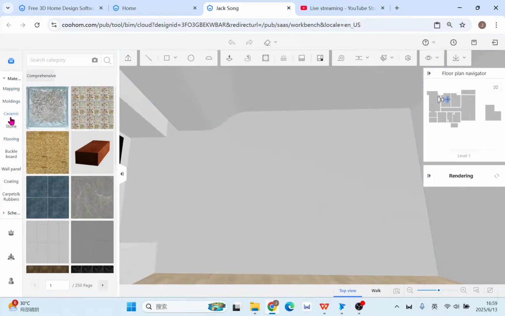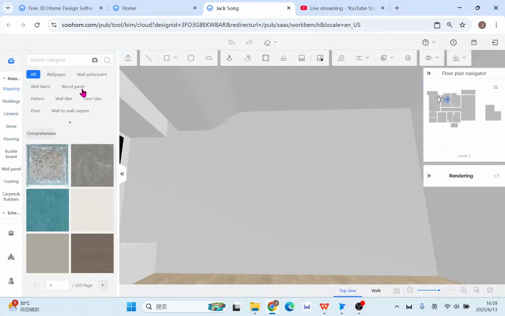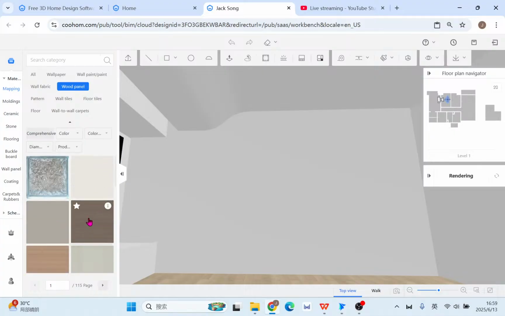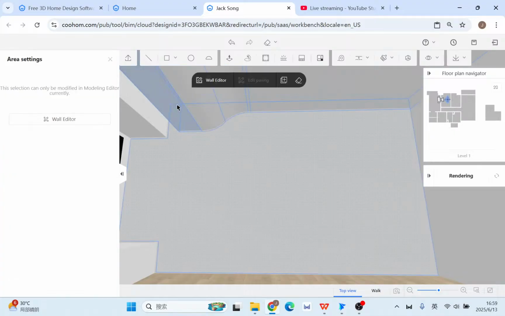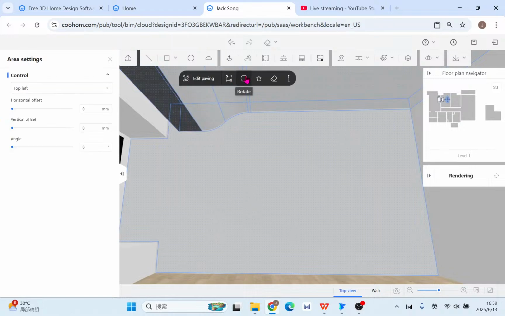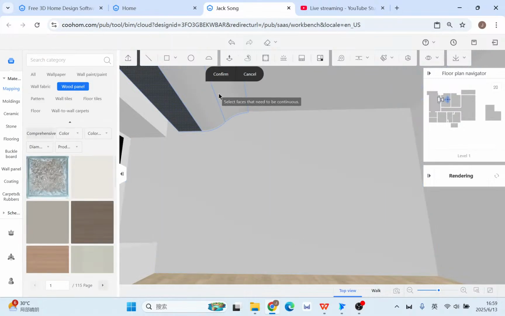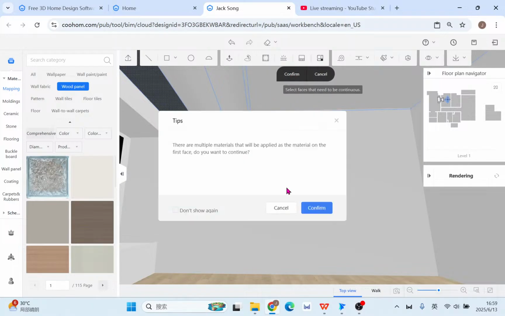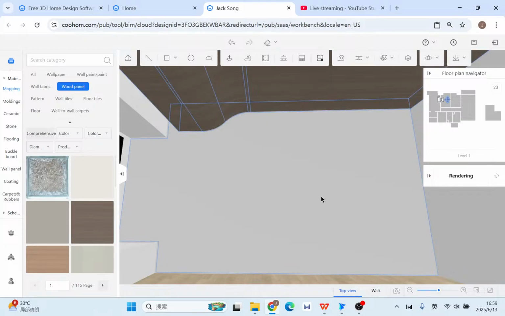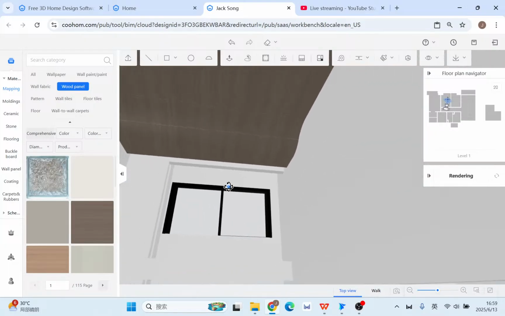See, for example, sometimes we put the wood, and even you can connect faces. Click, click. Yeah, fully covered,